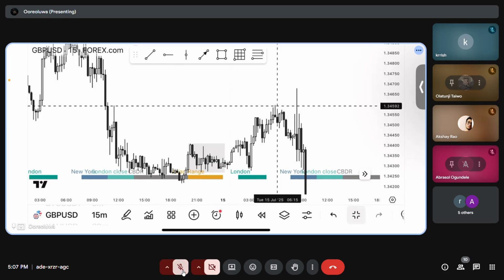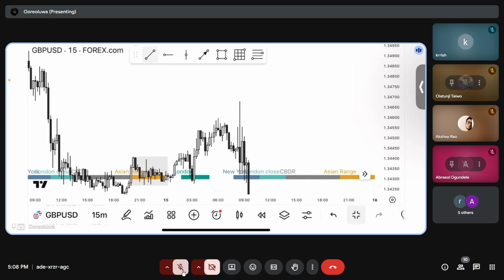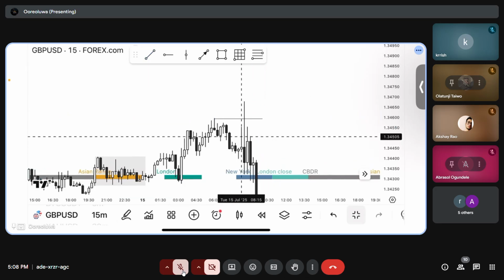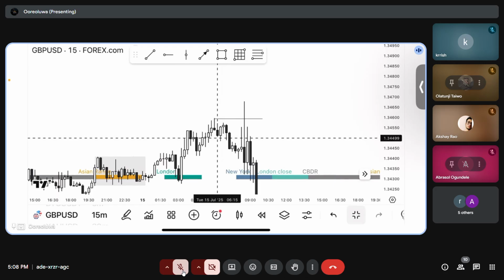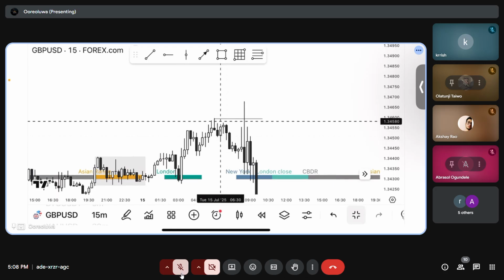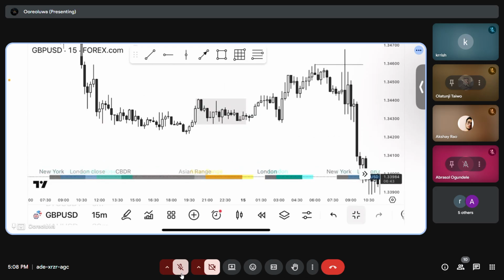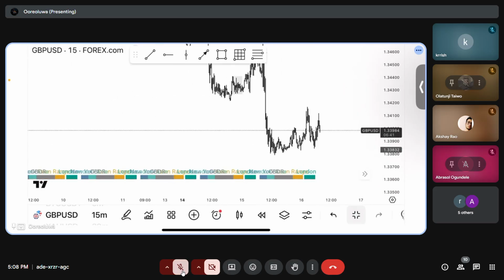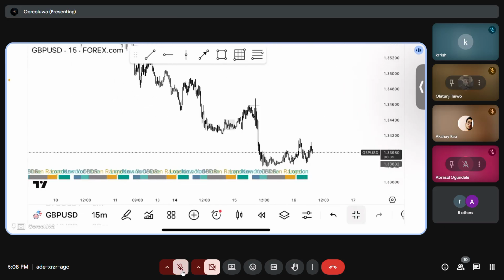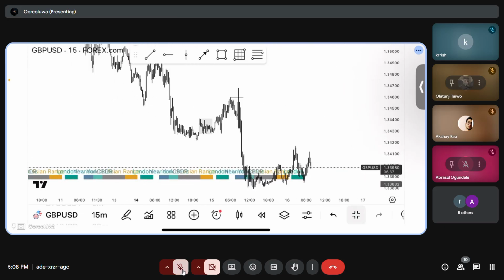And this was Tuesday. So I wait for price to sweep out this high during the news, and it was during 5. So this high was formed during 5. After 5, price took out this high during the New York session, and I sell from there. There's nothing random, and this is like a breaker also as a key level.